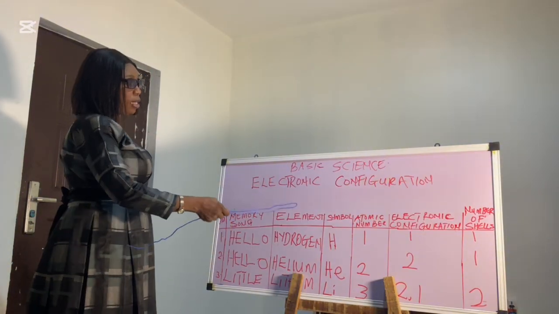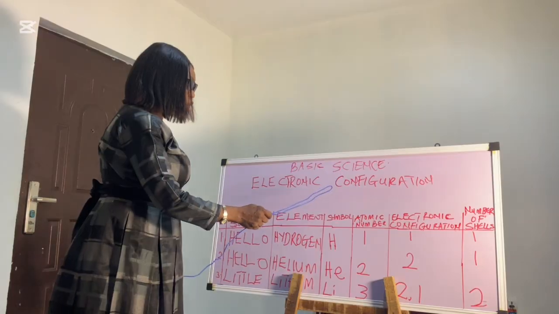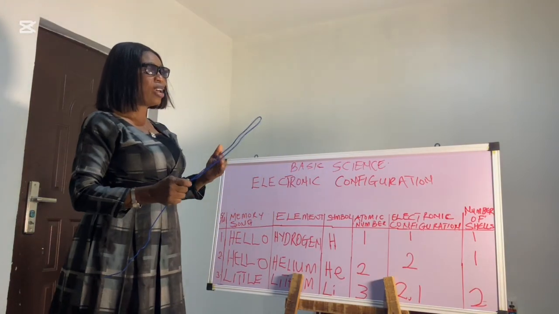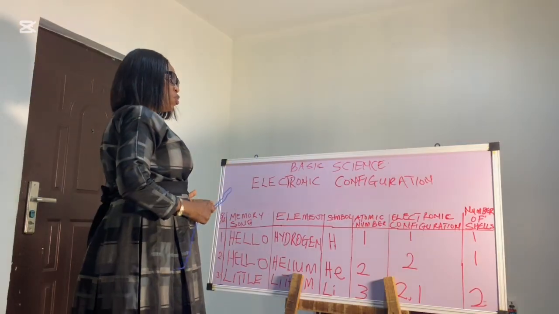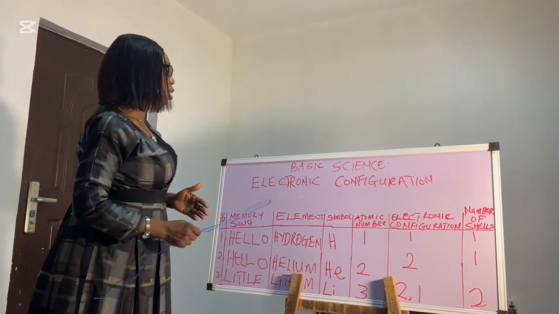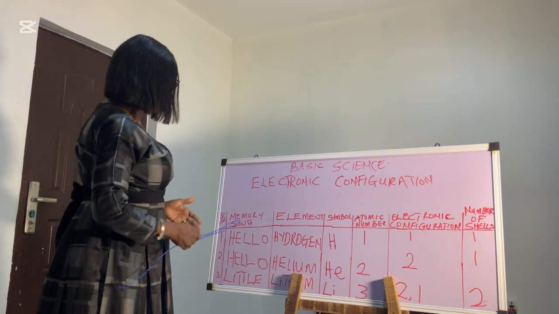So I tagged this class electronic configuration. Electronic configuration just means the way electrons are arranged in atoms of elements. The way electrons are arranged in atoms of elements. Now we have